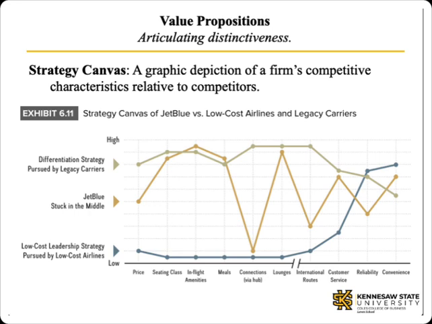The differences in the line will help highlight the separations in the firm's value propositions to customers. While the example in the text depicted here combines legacy and low-cost airlines into single lines, the strategy canvas is typically used to map individual firms. Its worth is in graphically depicting the strategic differences among firms based on characteristics that matter to buying decisions. In doing so, the strategy canvas can demonstrate why some firms run into problems. The author uses the canvas, in this case, to suggest that JetBlue is in a bad spot.